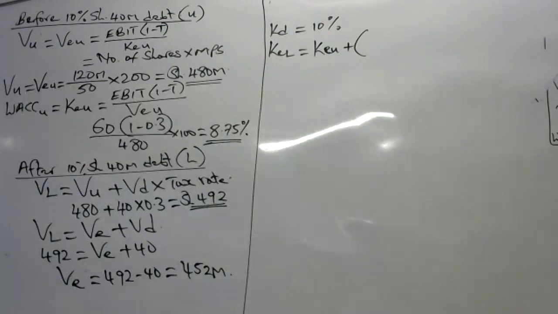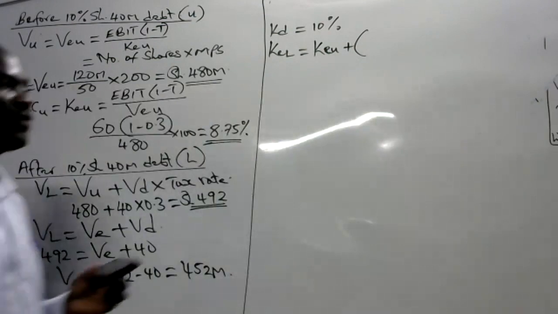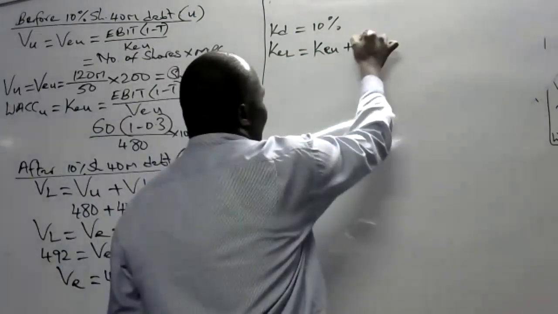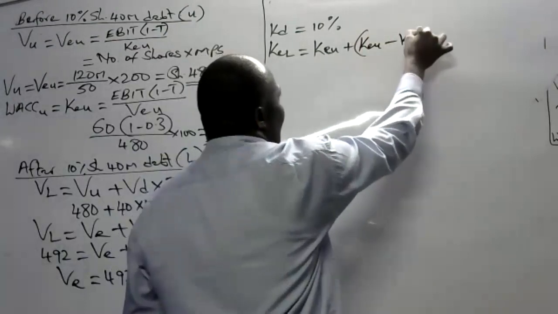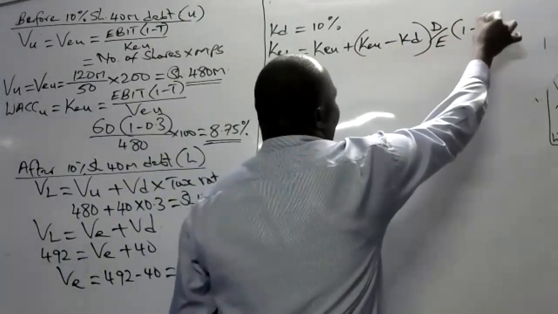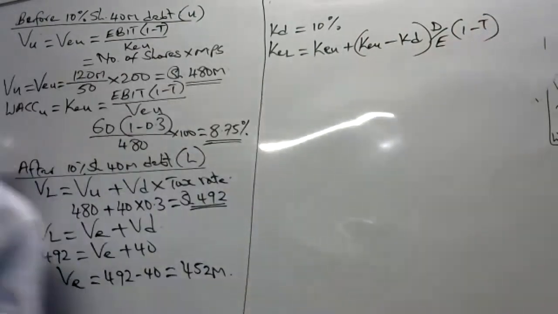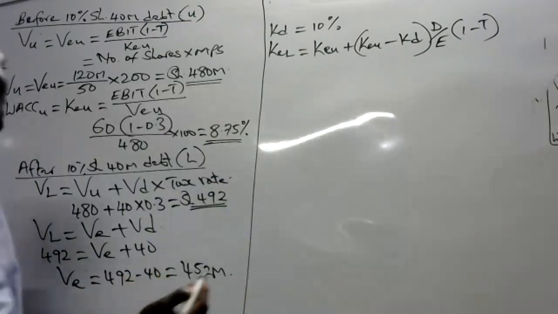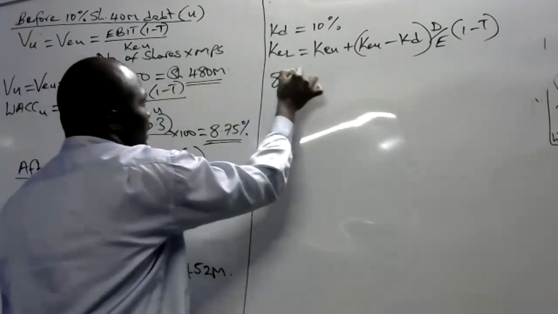Haya. KU plus risk premium. Sasa risk premium formula yake nayo bila kuangalia ama nikute kwanza. KU minus KD, D over equity, 1 minus tax. Do we have the KU? KU was ngapi? 8.75